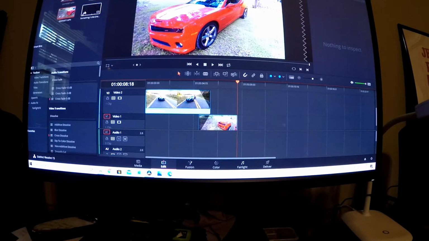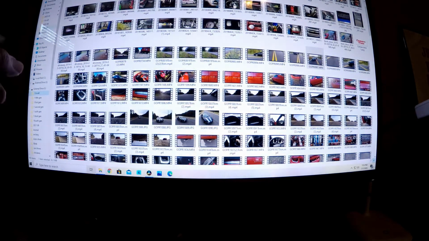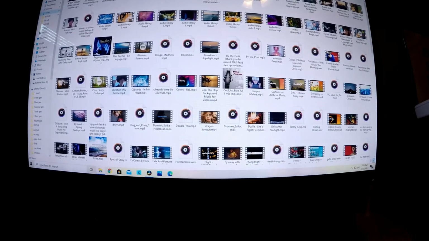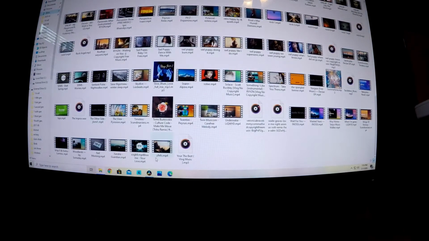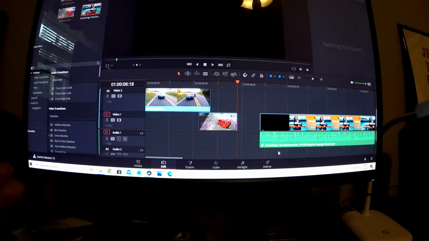Then all you have to do is just grab you a music file, same way you did the videos. You just go to wherever you keep your music. Mine happens to say music on the file. Drag it in. I have it in here already. And anytime you drag in music,